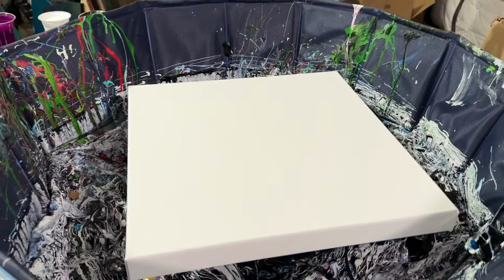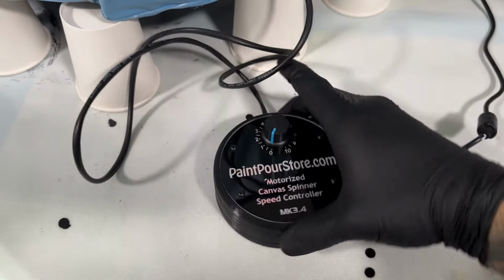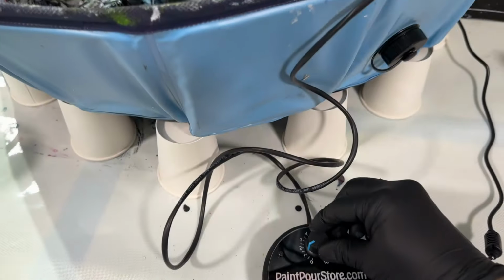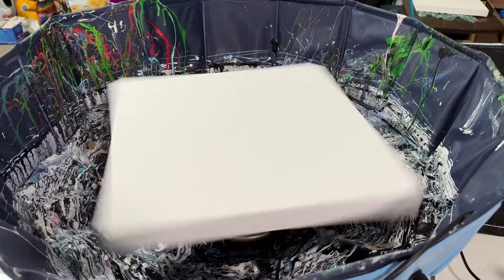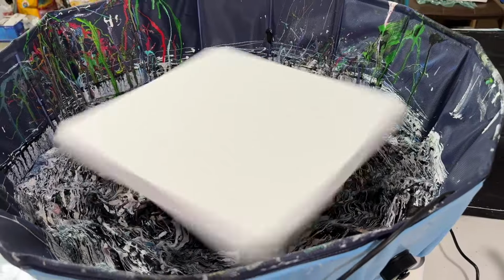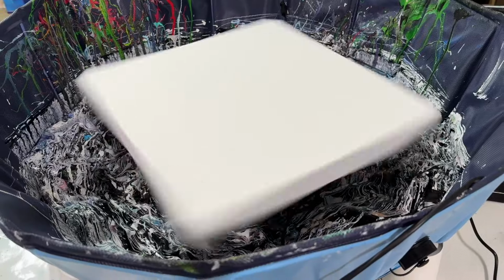Okay guys, before I start pouring everything out on here, I wanted to show you this spinner. Look how cool this little thing is. And you just turn it, and as you turn it up, this thing starts to spin, and this bad boy spins. I'm only on 4 right now, and look how fast that's going. Like, oh my God, it's crazy. Look at that. That is so freaking crazy. And then you just turn it down,